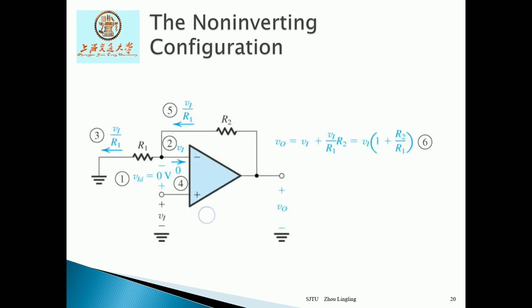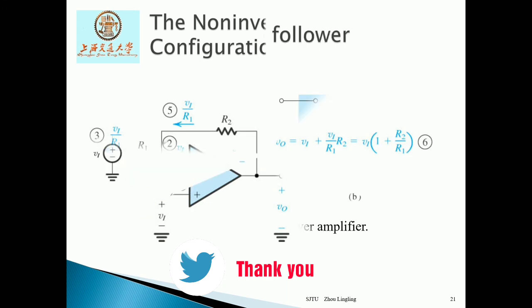This is the final output equation for the non-inverting configuration. V0 equals V1 plus V1 divided by R1 times R2, and V1 times (1 plus R2 by R1) is the final output of the non-inverting configuration. So next one is